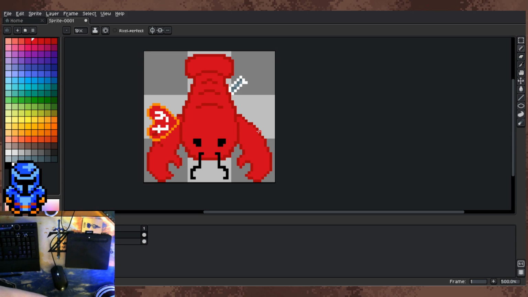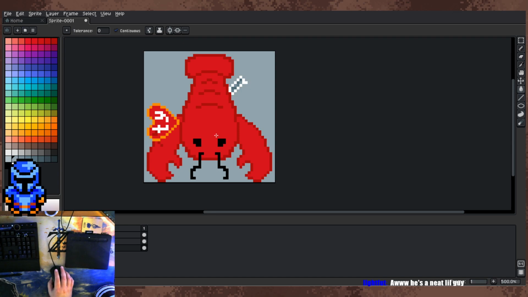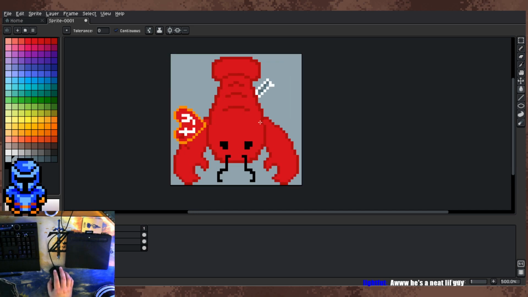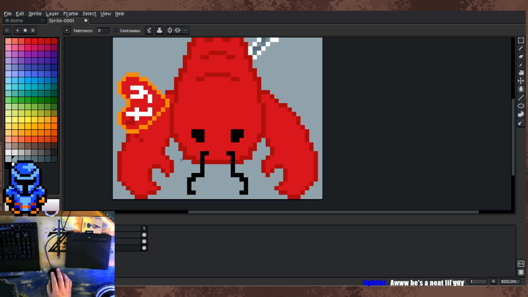Pinchers, my beloved little Beanie Baby lobster from when I was a child. Yeah. For the sake of making this appear a little bit better on Twitter and such, we're going to give it a little bit of a background. Nothing much, just a little off gray, something like that. And we have Pinchers the lobster. And honestly, I could add some more details and stuff, but I don't think it needs it because then it would look